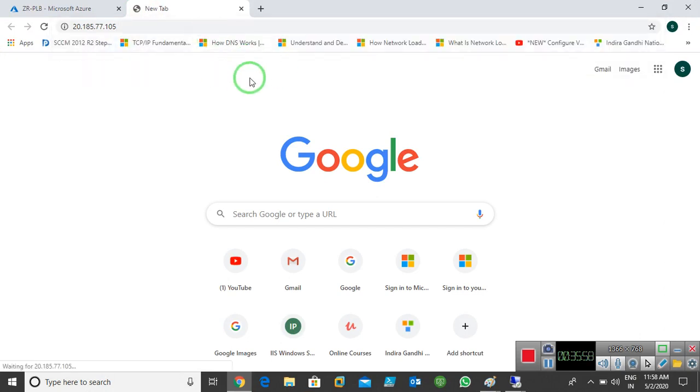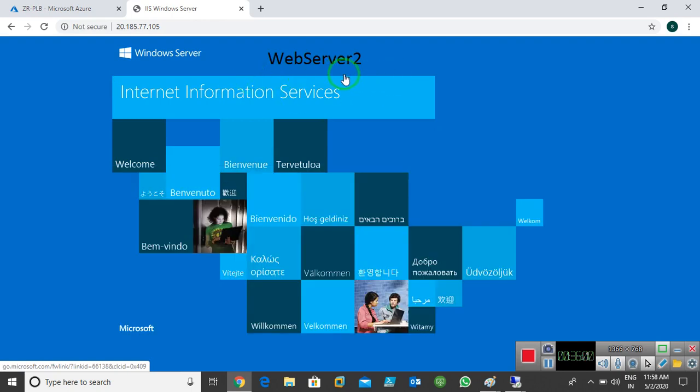Now see what happens. We can see that the request goes to web server 2. For the next 4 minutes the request remains in web server 2. If I access after 4 minutes, what happens? It switches to web server 3 or maybe web server 1. So it switches the request between all those web servers every 4 minutes.